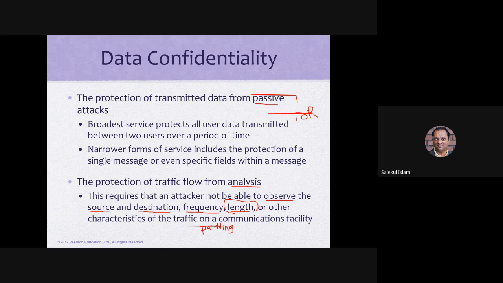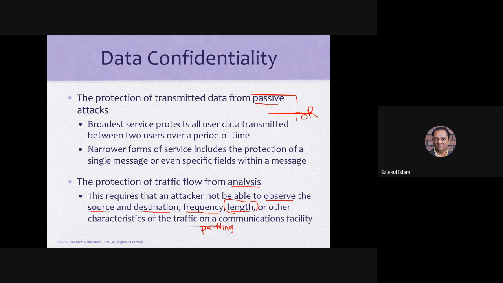So that means there are some ways so that we can fool the attacker. That's the main idea. What I have just said, we can redirect the traffic from one location to another location, then to another location,